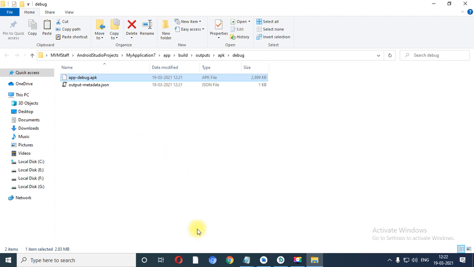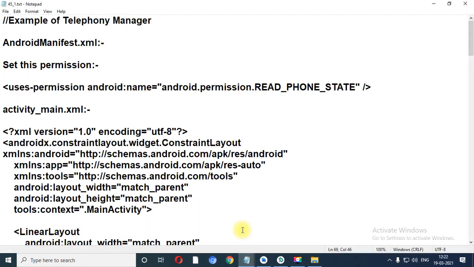Now let me explain the second program of our today's session, which is based on the telephony manager. This particular program we have already done